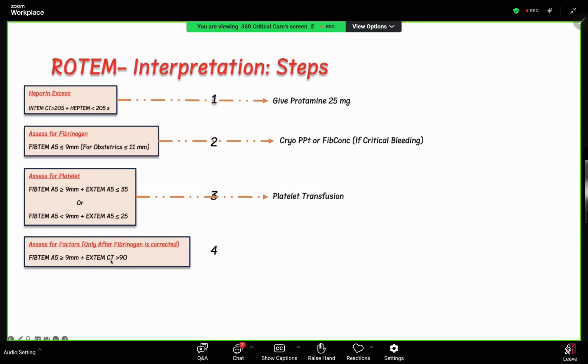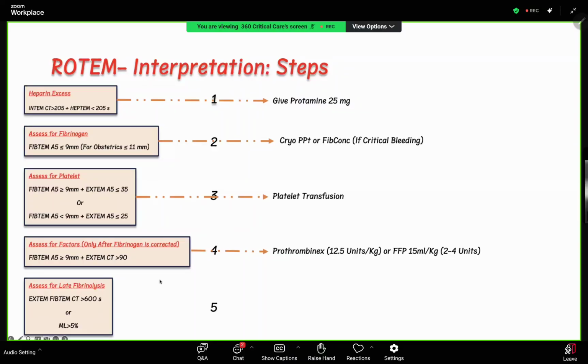That means your platelet is corrected, your FibTem, your fibrinogen, is corrected, but still you have a coagulopathy, which is because of the coagulation factors. So you give FFPs or prothrombinics. The last thing that you look for is fibrinolysis. Like if, straight away, the APTEM is more than 600 seconds, then this is a massive early fibrinolysis. It is happening in the early stages. So you have to give tranexamic acid,